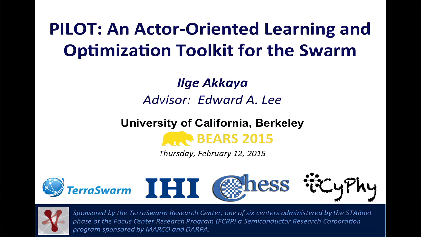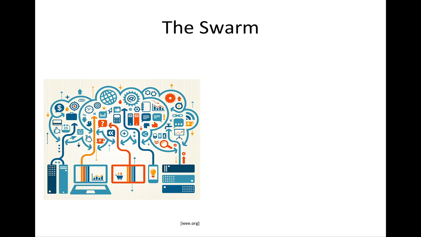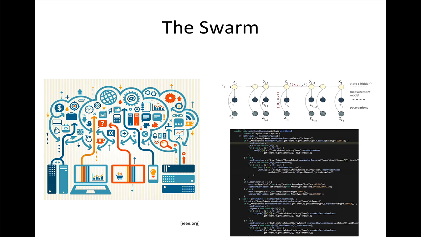Today I'll be talking about Pilot, which is an actor-oriented toolkit we're developing for swarm applications. As the Internet of Things becomes more and more widely deployed, not only is the volume of the data increasing, but also the nature of the data is changing. Traditional machine learning and big data applications are designed to operate on big historical static data. But now we have streaming data from the Internet of Things, and it's real time, and it's coming from sources